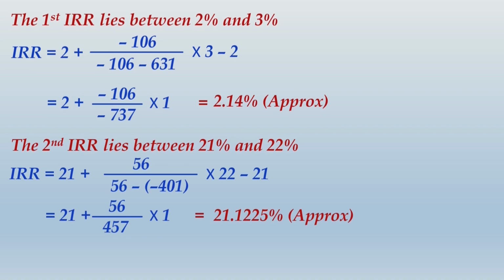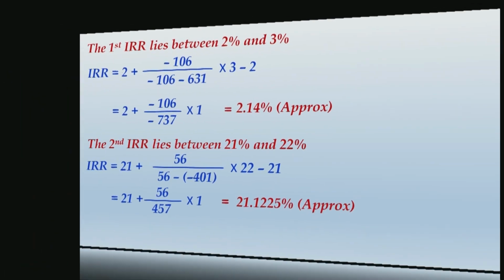Let us now understand how to resolve this problem of multiple IRR, and the only answer to this is determining modified IRR, because anyway IRR assumptions are not going to be appropriate, so we are knocking off those wrong assumptions of IRR, and when you compute modified IRR, the problem of multiple IRR automatically would get resolved. Let me show you how to do that.